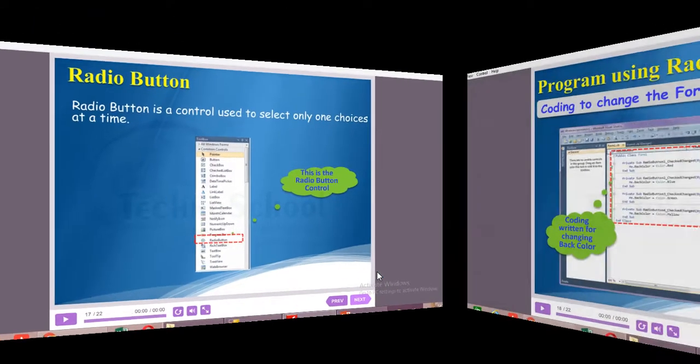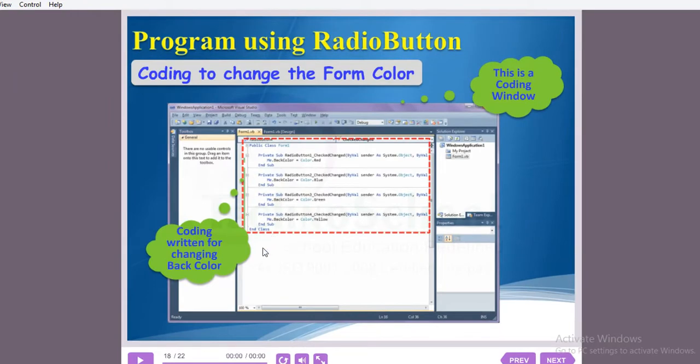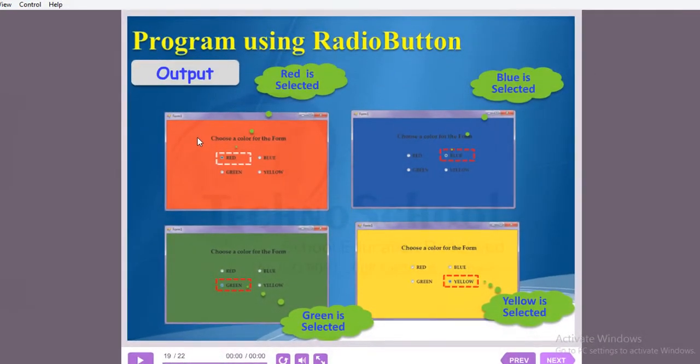So in this example, see here, this is the result. If red is selected, the form color should change to red. Similarly, whichever color is selected, the form should change according to the selection. If it is blue, it has to change to blue. If it is yellow, it has to change to yellow. Green means green.